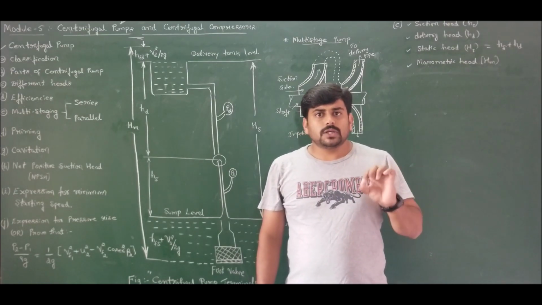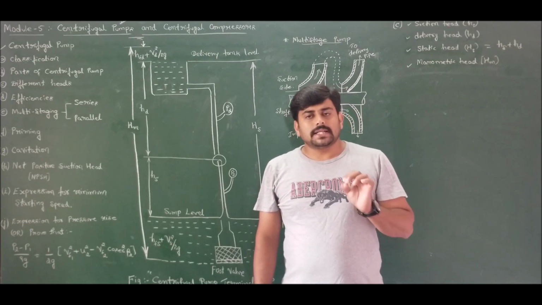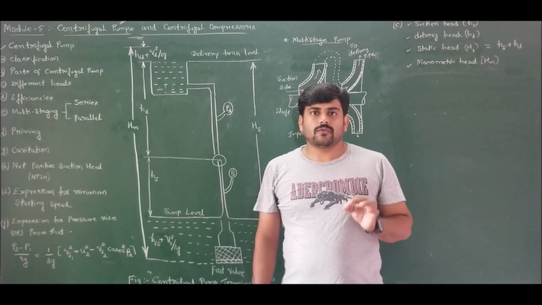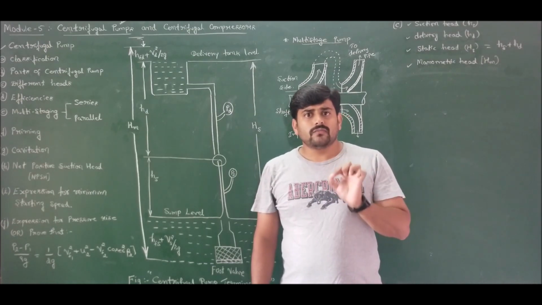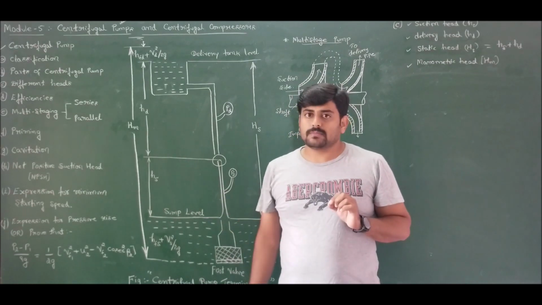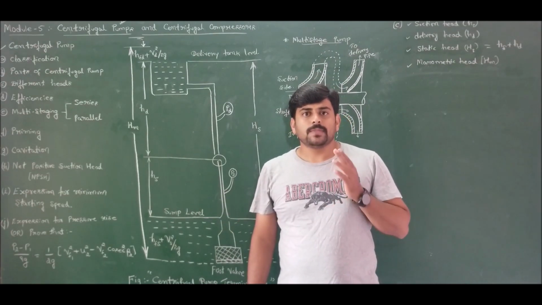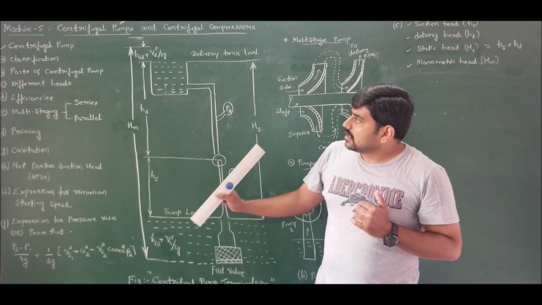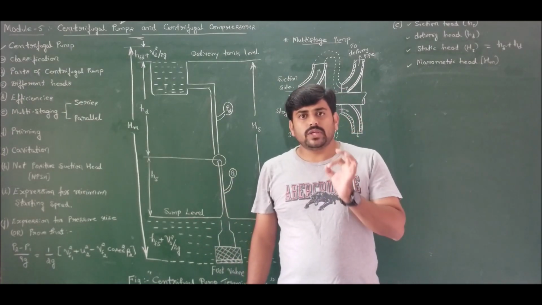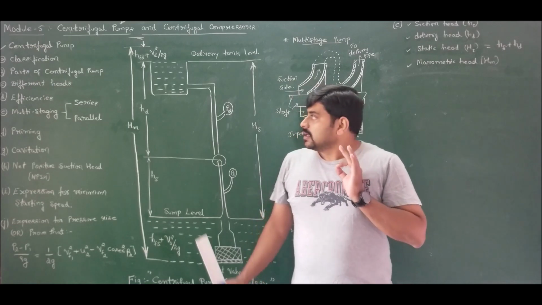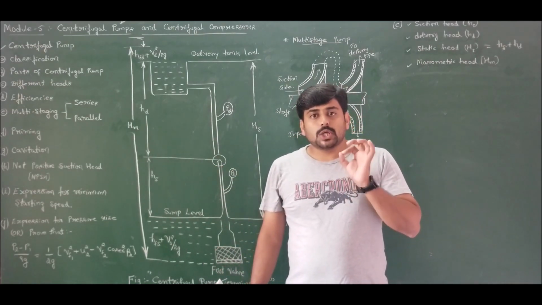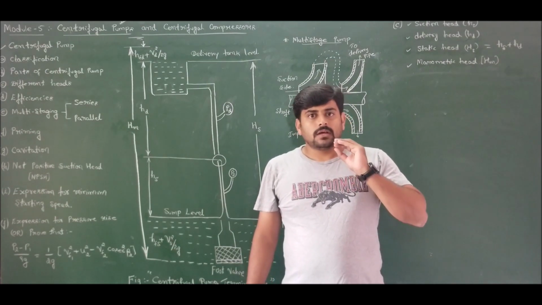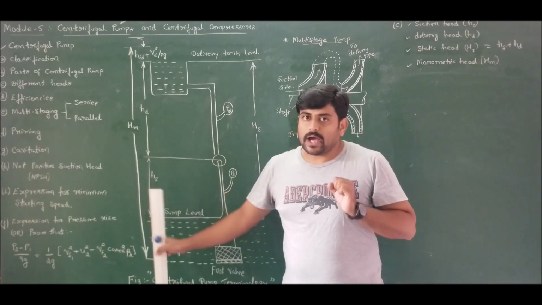In head form, the Euler's equation can be expressed in meters as work done per kg divided by acceleration due to gravity. So the head form of Euler's equation is VU2 U2 by G for centrifugal pumps, where G is acceleration due to gravity, which is 9.81 meters per second square. Now I know the Euler's head, that is VU2 U2 by G. The manometric head can be expressed as Euler's head minus losses. If I remove the losses from the Euler's head, I can determine the manometric head.